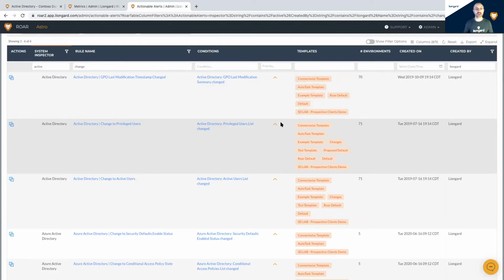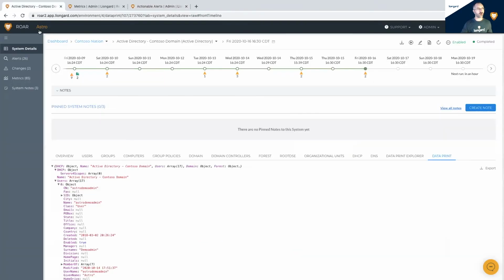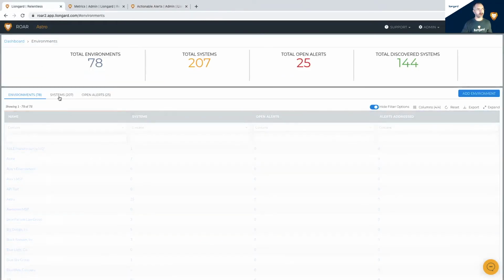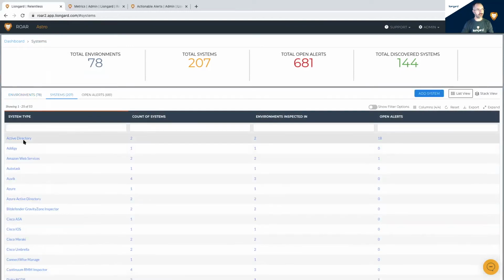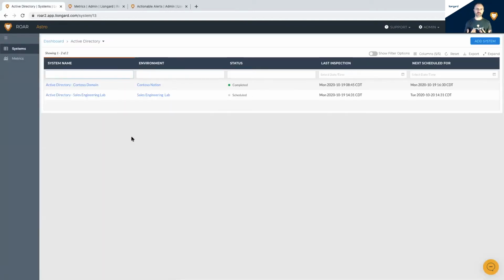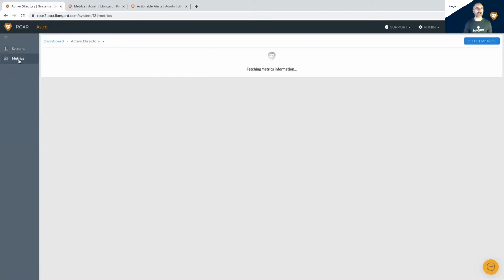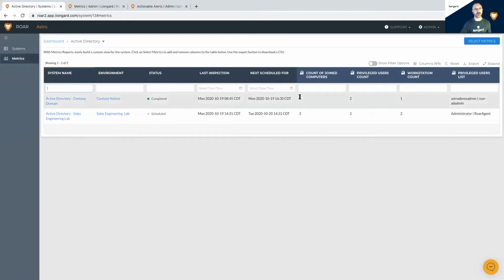Okay, now what if I have several instances of Active Directory that I'm managing across all of my customers, whether I'm managing 50 customers or 100 customers? Well, I can simply go to my global view. I can go into a specific system like Active Directory. Now, this is just a sandbox, but imagine I have several different instances of Active Directory. I can report really rapidly who my privileged users are in there, how many computers are associated with it, how many privileged users. If I see an instance of Active Directory with a whole slew of privileged users, I'm going to hone in on that and know that I've got a problem,